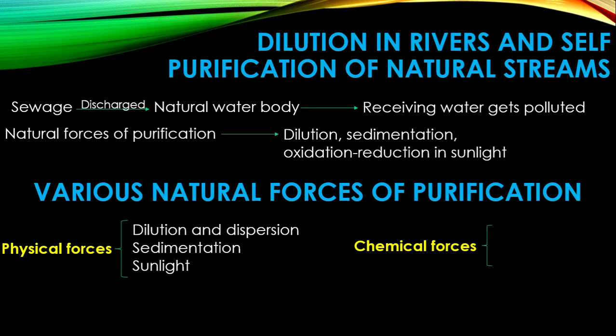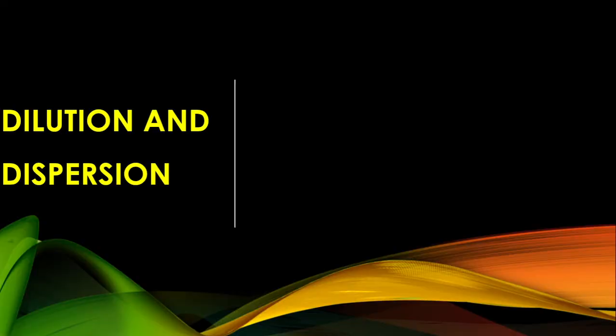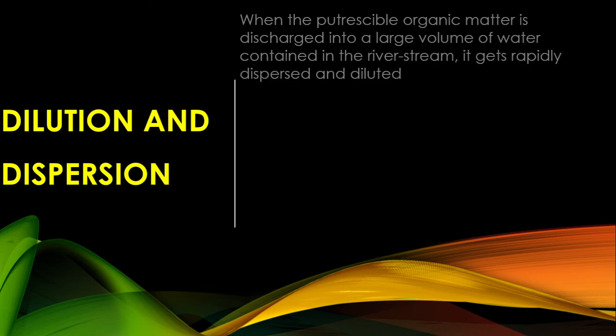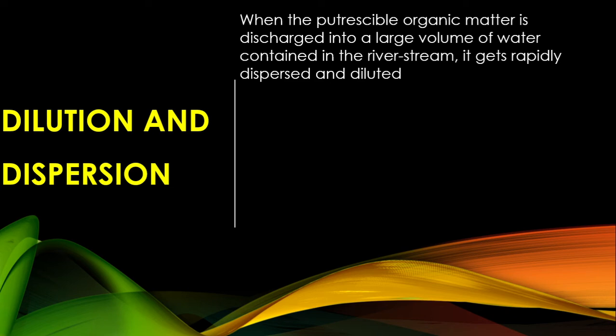It includes oxidation and reduction. We will look into them in detail. First one, dilution and dispersion. When the putrescible organic matter is discharged into a large volume of water contained in the river stream, it gets